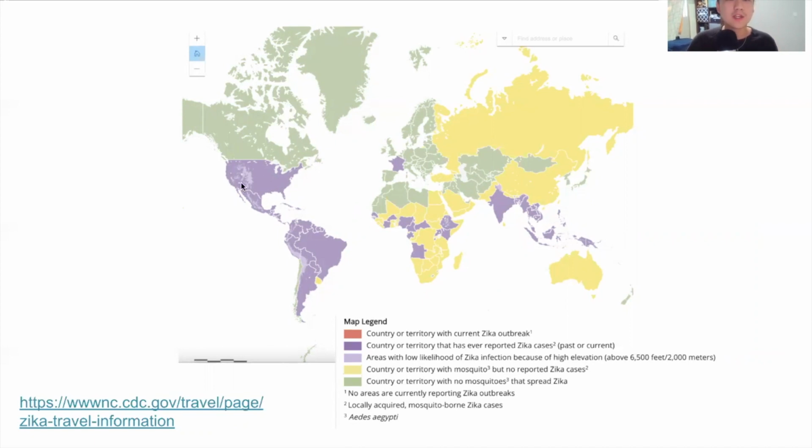But you see here, we are purple, meaning that we have had Zika virus in the United States. It's useful for travelers to have this resource to make sure that wherever you're going, you are staying safe and not going somewhere where you may potentially get Zika virus and bring it back home.